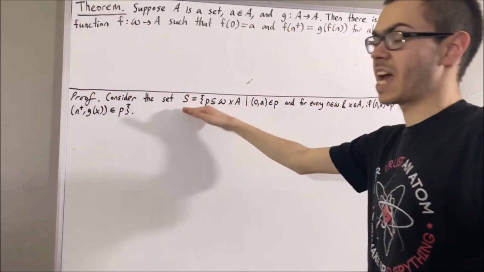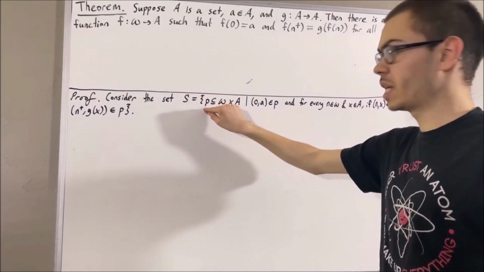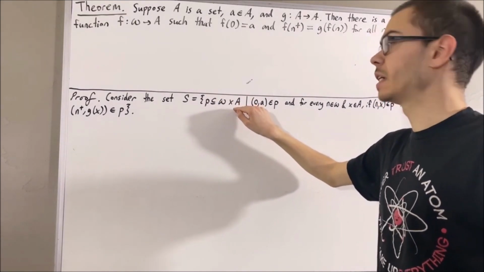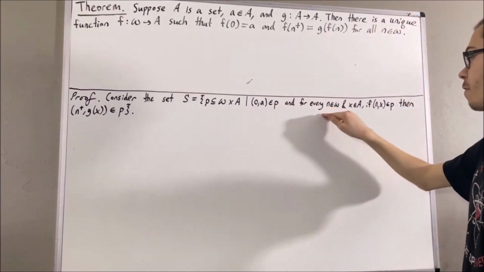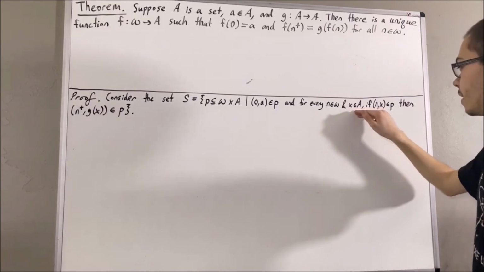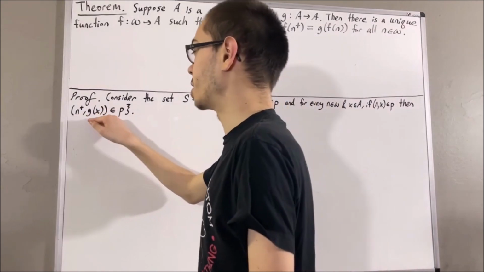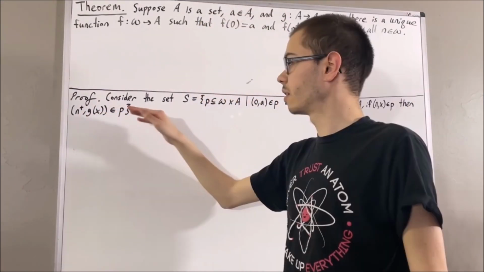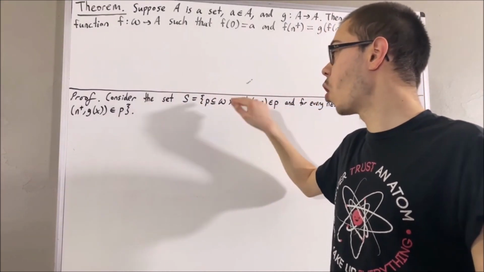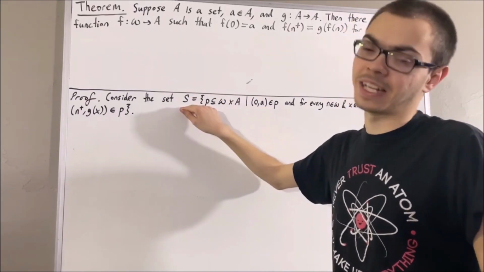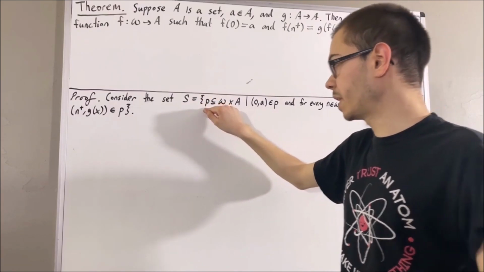We consider the set S, which we define to be the set of relations P from omega to A, such that (0, a) is an element of P, and for every natural number n and every element x in A, if (n, x) is an element of P, then (the successor of n, g of x) is an element of P. Now, we can show S is non-empty, because in particular, we can show that omega times A is an element of S. To show that omega times A is an element of S, well, replacing P with omega times A,